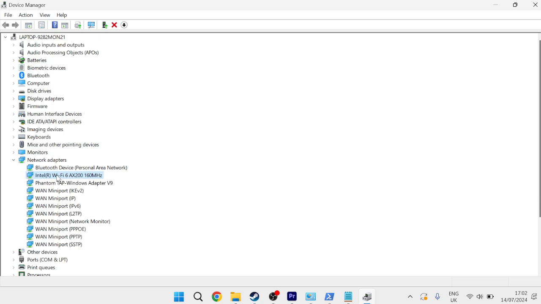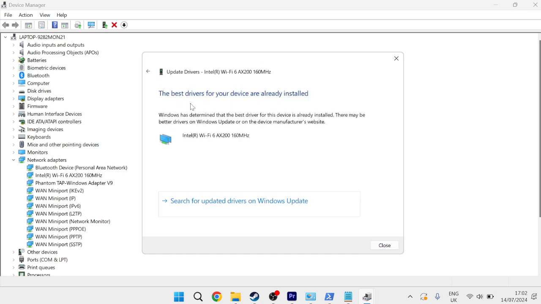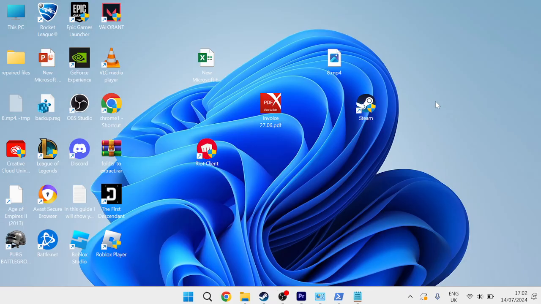It should have Wi-Fi within the name, and we're going to right click this and come into update driver, and then we can press search automatically for drivers. And as you can see, I'm already running the latest driver for my device, and if that's also the case for you, you can then close out of these windows, and the next thing you'll need to do is head